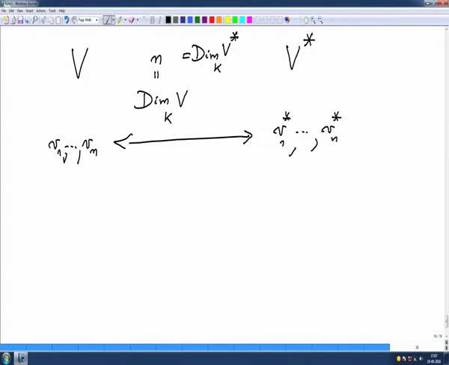Next I want to study subspaces of V and subspaces of V star. This I will do in the next lecture, but what we will prove is, if somebody is a subspace, then what is the corresponding subspace here, what is the relation between their dimensions, and so on. That is going to establish the duality. Okay, we will continue next time. Thank you.